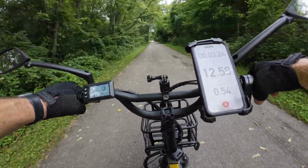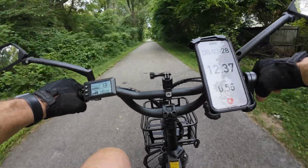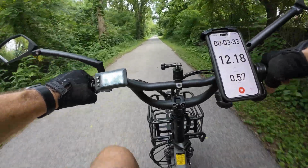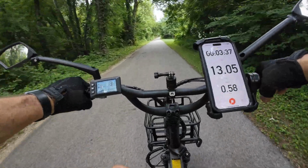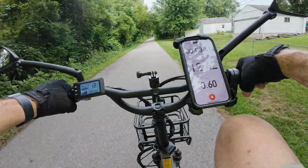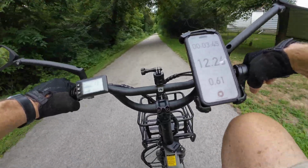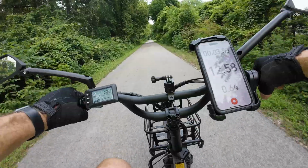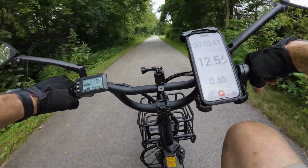But I want to get a video out on what I think about this TK1 since I've owned it. And I've already done 3 or 4 videos, but every time I ride a bike or a trike, there's different things that I am aware of on the bike or the trike that I'm reviewing. So today I wanted to get the TK1 out and take it up into a park and